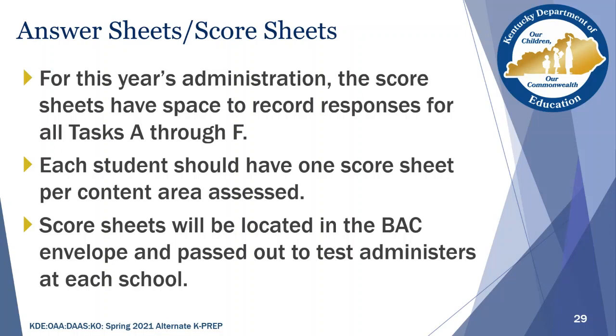However, they're not going to be housed in an AAAF unless you're a district that's still using that AAAF. If that's the case, that's your choice. That's the district's choice. But we do ask that they be placed in a secure location. The Quality of School Climate and Safety Survey will also have a response sheet provided. As we talked about earlier, it's going to be yellow in color, and specific directions are going to be included in the directions for DACs, BACs, and test administrators on these specific score sheets, where they're located,